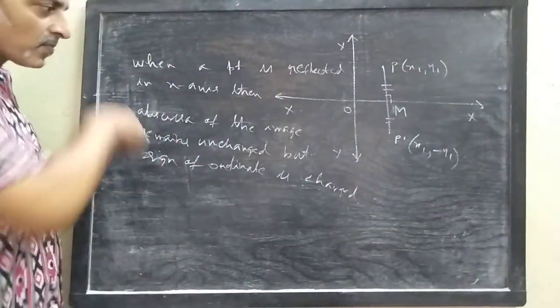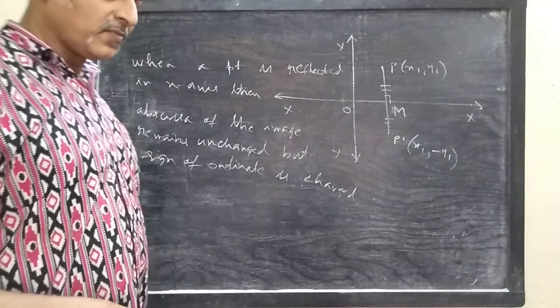That means if it is plus 2 then it becomes minus 2, if it is minus 2 then it becomes